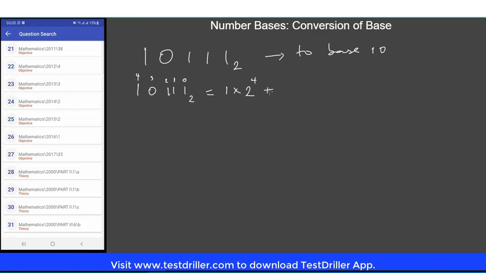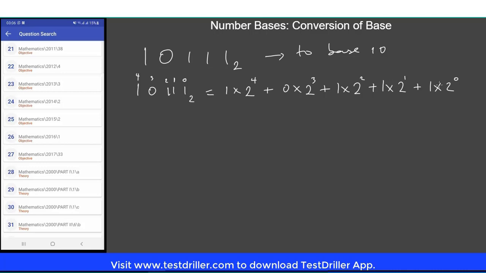Then you say plus this next digit, which is 0, times 2, which is the base, raised to the power of the position of that 0. Then plus 1 times 2 raised to the power of the position, which is 2, plus 1 times 2 raised to the power 1, then plus 1 times 2 raised to the power of 0. So this is how you